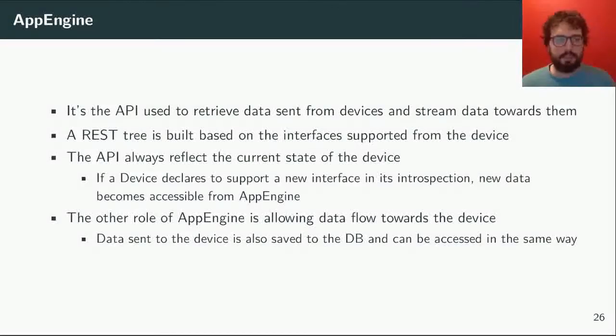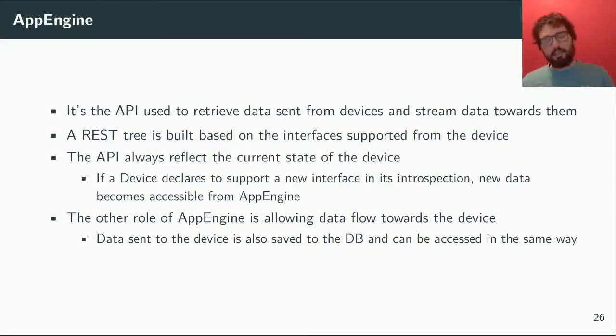AppEngine is the API that is used to retrieve data sent from devices and to stream data towards them. So AppEngine is the core of what your application will interact with. Basically, it exposes device information, so you can query a device, see if it's online, offline, its introspection, how much data it's sent,